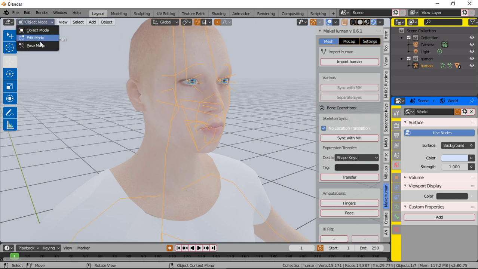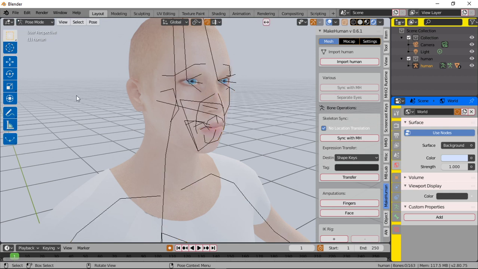So let's go to pose mode, switch from object mode to pose mode. As you can see, it's only 3 modes now. It doesn't have all those other modes. Those other modes are actually the way that you would manually weight down the bones using texture paint, weight paint, stuff like that. So now we're in pose mode, and now we have to select individual bone segments,